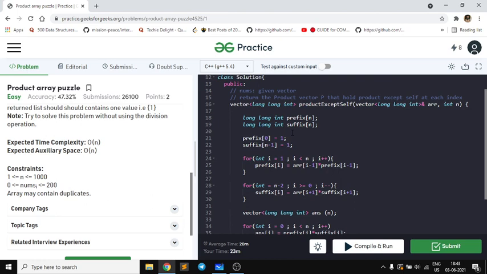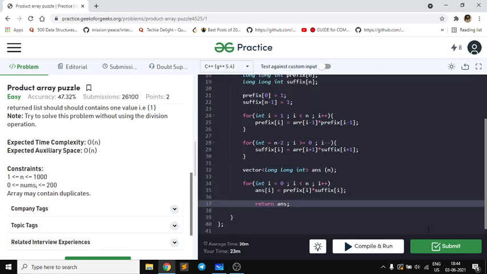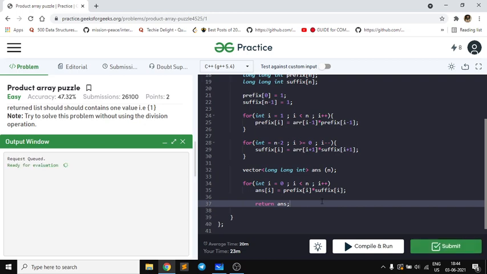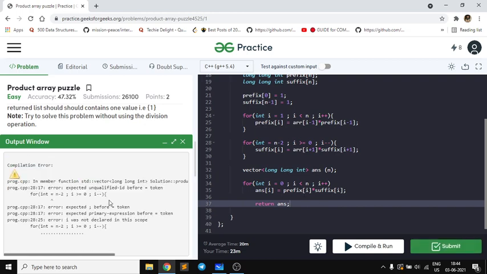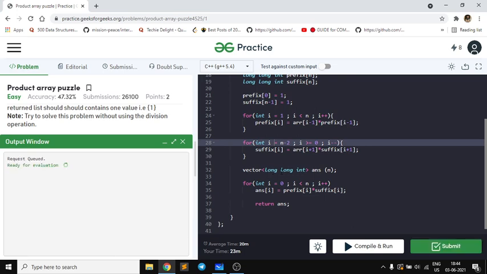Why I'm telling you this? Because in FANG companies like Amazon, Microsoft, Google and all, they tell you to write down the code in one go without any errors, because that affects a lot, and that too in Google Docs, so there are no chances of making errors. So initially we created a long int prefix n, suffix n, initialized prefix 0 and suffix n minus 1. We calculated prefix correctly, suffix also correctly, stored this answer. Let us now try to submit it. Okay, so I missed it here. That was the error I'm talking about. This can happen.